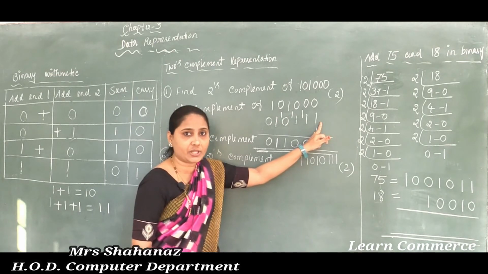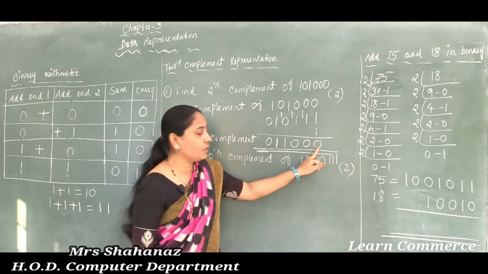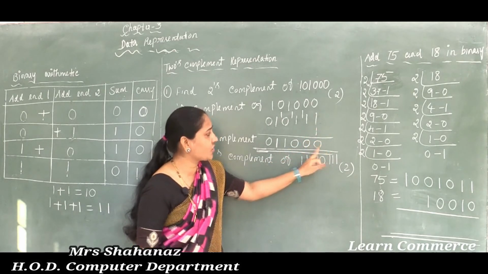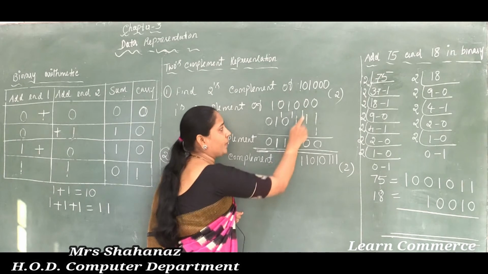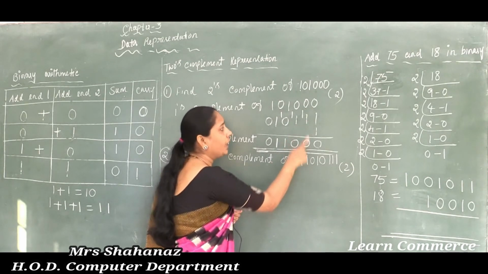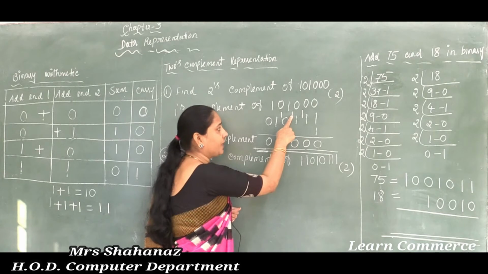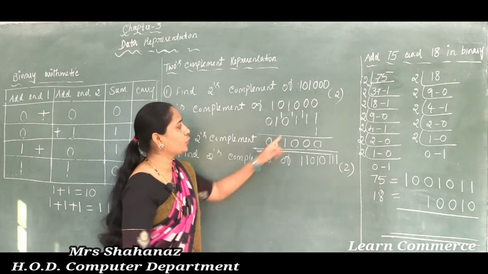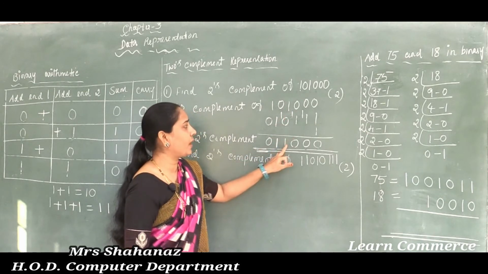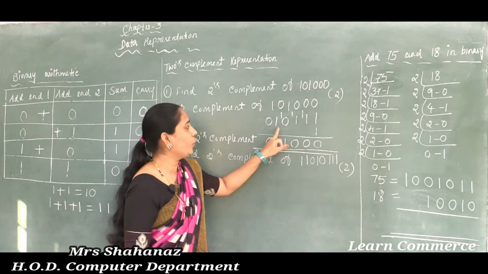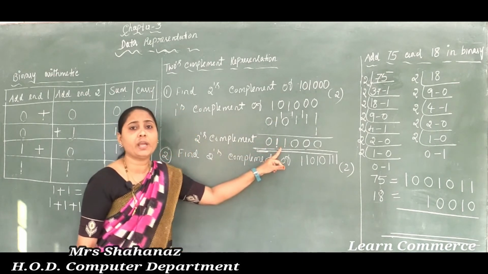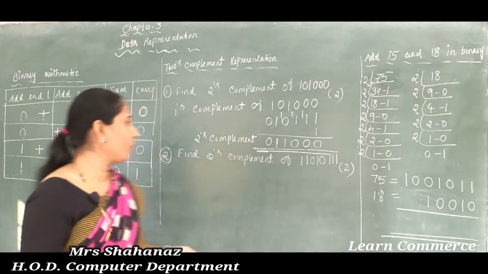Okay, binary addition here. 1 plus 1, as we know, when you add 1 plus 1 the value is 10. In this case 1 plus 1 the value is 10. Okay, so 1 is carried to the next place, again 1 plus 1 the value is 10, again we need to take 1 to the next place. So 1 plus 1 the value is 10, that means here 1 needs to be taken to the next place. So 1 plus 0 the value is 1 when you add. Here there is no value, so no problem, 1 and 0. So we can say that this is the answer of the 2's complement. Okay, here is the answer of our 2's complement.